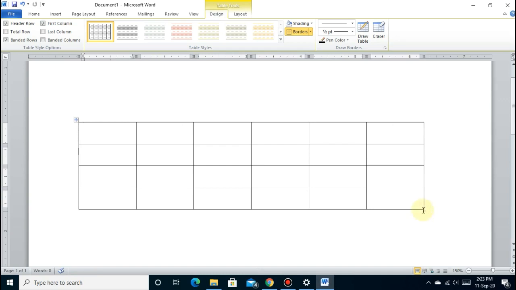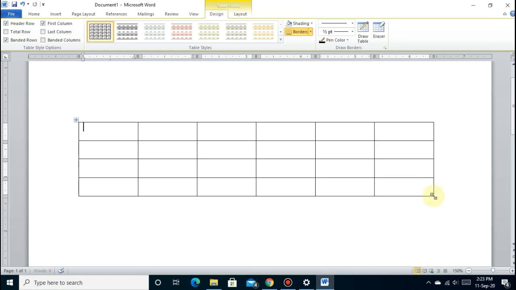To change the size of a table, you can use this table resize handle. So you have to click and don't leave the button of a mouse. Then you can move the cursor to change the size. Okay,